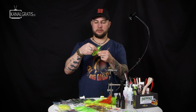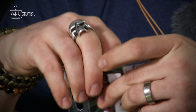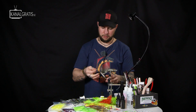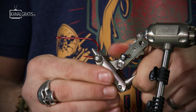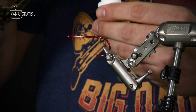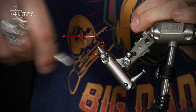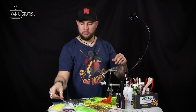So we take that out of the vise, and now we're gonna take the Big Mama hook. This is slightly heavier wire. We're gonna put that in the vise, like that, nice and tight. Put some glue on top of it. And we're just gonna attach the thread to the wet glue. Cut that off. And then we're gonna use some